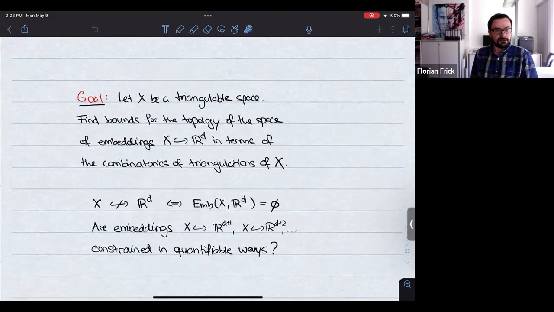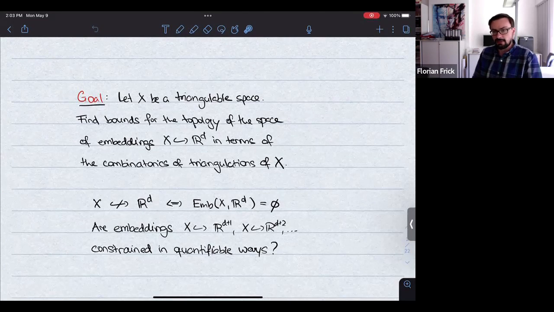And what is the goal? The goal is you're given a space that is triangulable, can cut it into simplices in a nice way. And we want to find bounds for the topology of the space of embeddings. So an embedding, and if X is compact, we can just think of an injective continuous map into R^d. And we want to understand this space of embeddings, and we want to do it in terms of the combinatorics